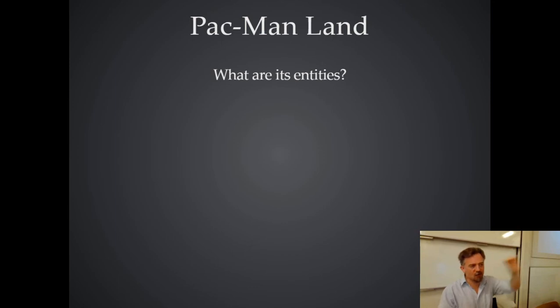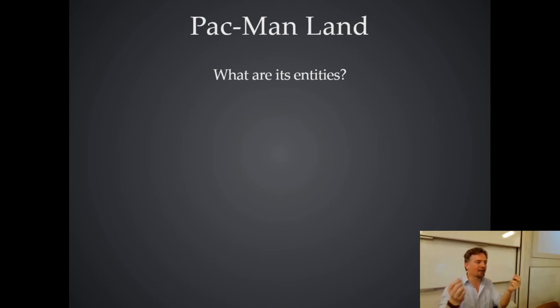Is each section of wall an entity, or is the whole maze an entity? That sounds insolubly philosophical. Yeah, you just make a decision. You can do it either way. You might want to think of each wall piece as its own little independent fragment, or you might somehow treat the whole set of them as a single environment object that you do something with. And my point here is that often there's not a formula for doing it. It's kind of a matter of discretion. But you have to decide how to.